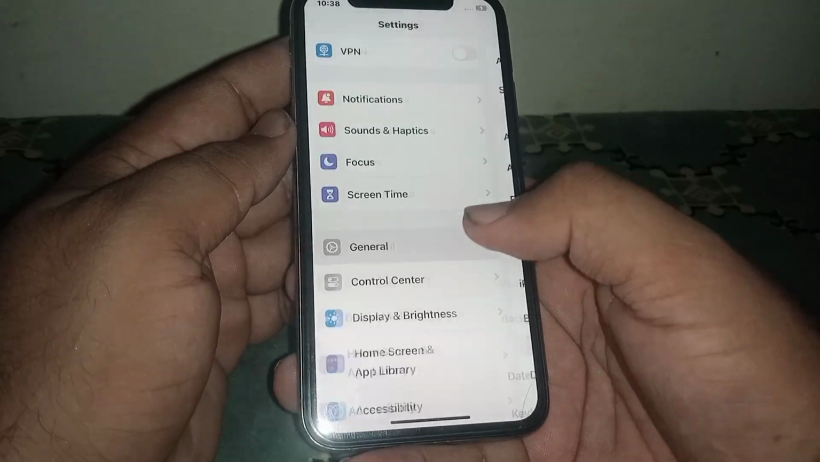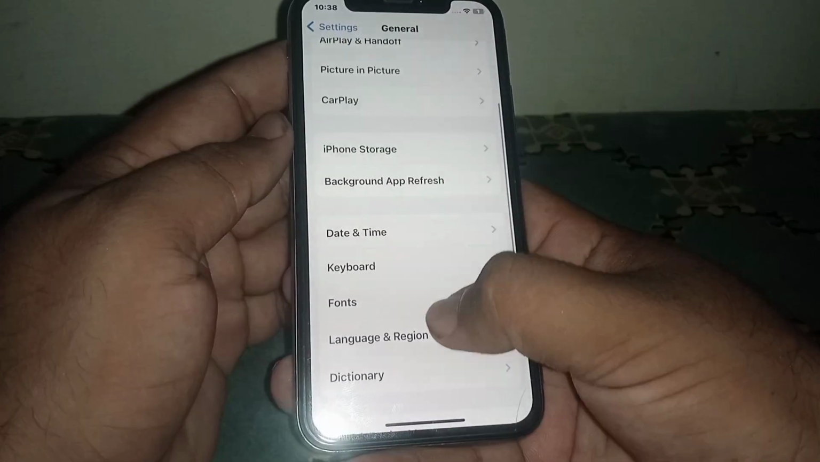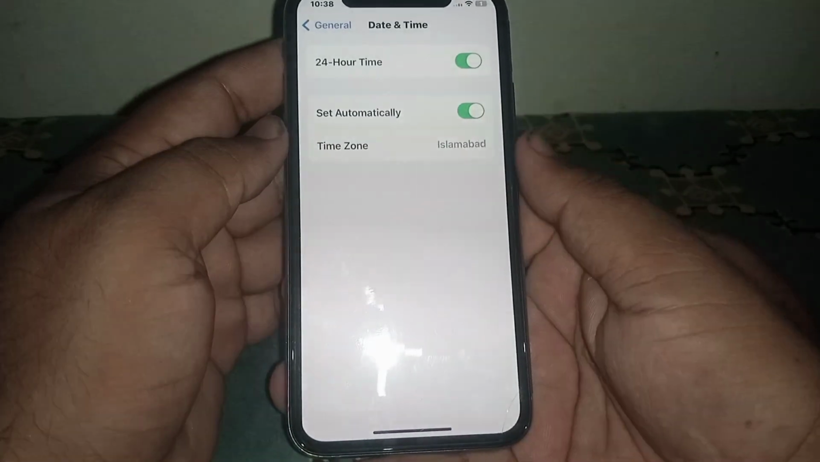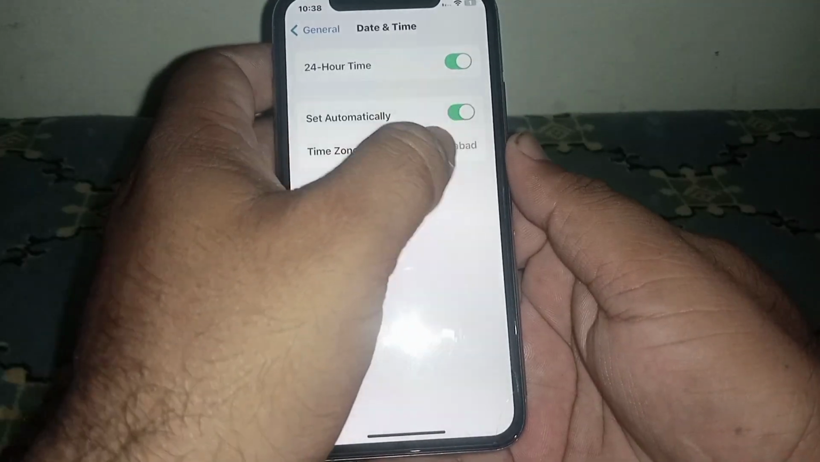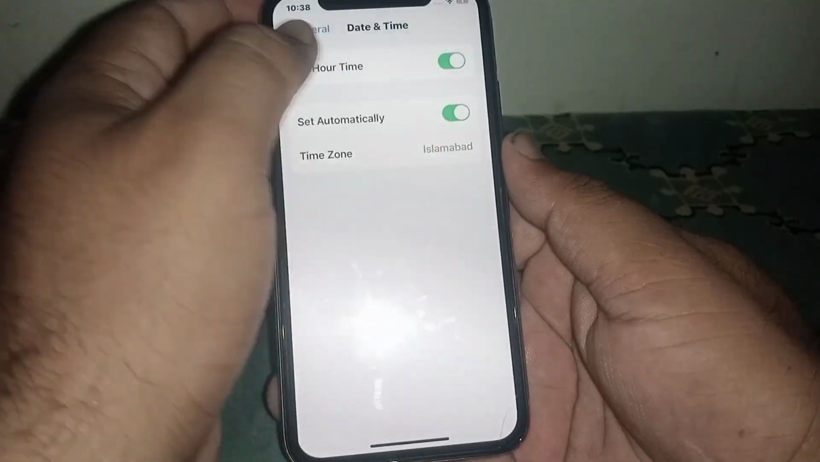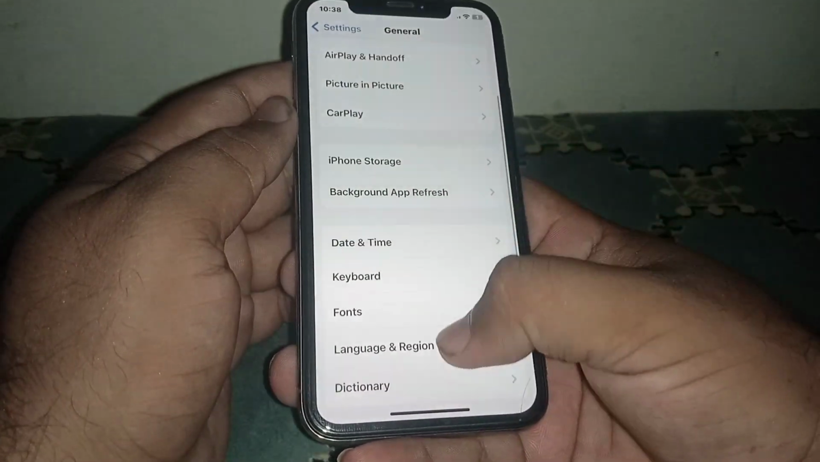If the problem is not fixed, then click on General. From here click on Date & Time and make sure that the Set Automatically toggle is turned on. If the toggle is turned off, what you need to do is turn on this toggle, and after that go back,